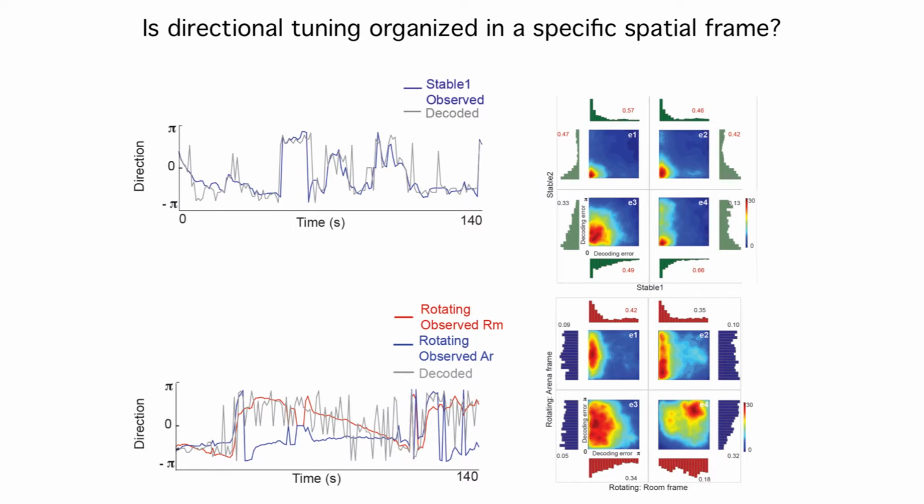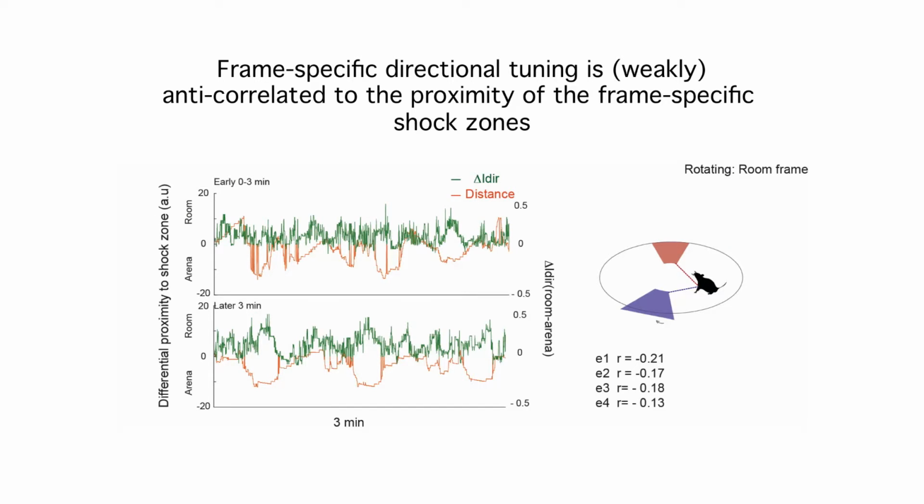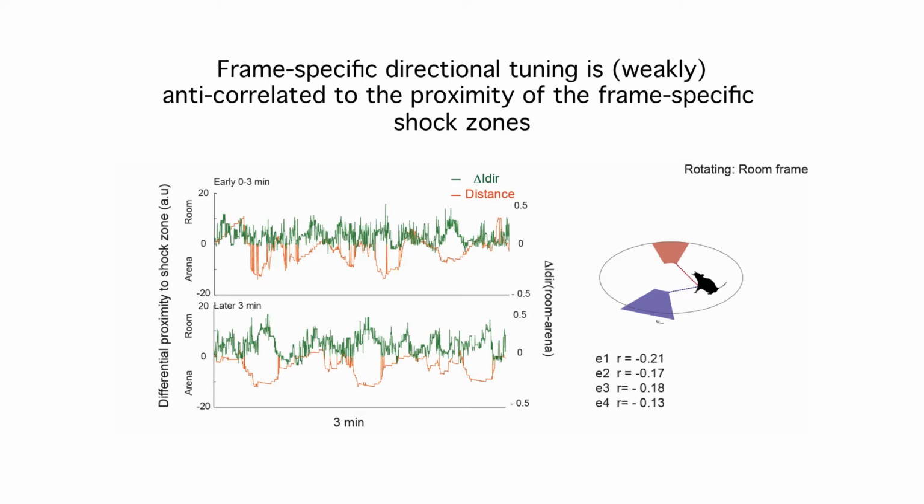You can also look here, I showed you this kind of analysis for the place cells. We can measure how close the animal is to one shock zone or another. If you remember, in the hippocampus case, if the animal was close to, say, the red shock zone or the stationary shock zone, then activity tended to be better organized in place cells according to the room or corresponding reference frame. And what we see here is not a very strong correspondence, but certainly a correspondence. And the correspondence here is shown for a particular recording.